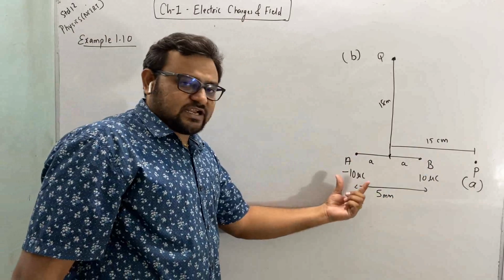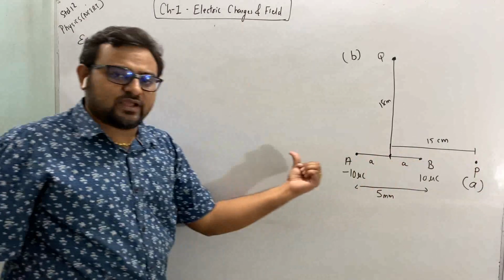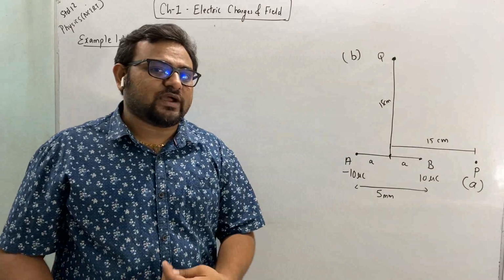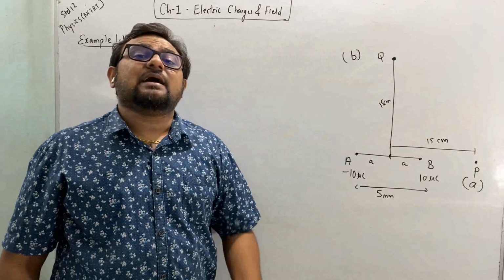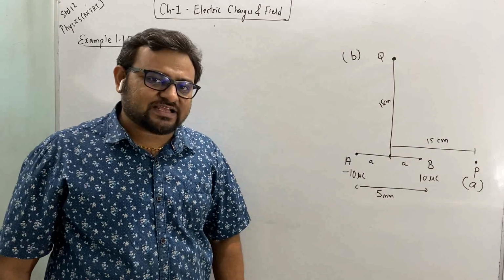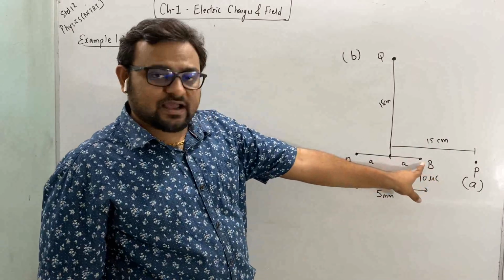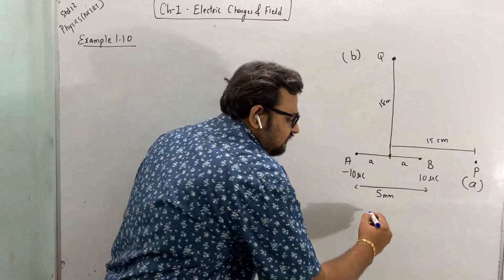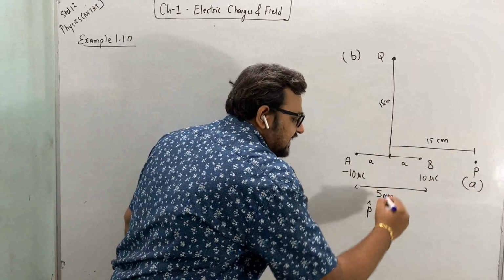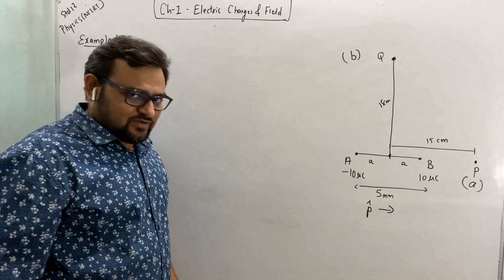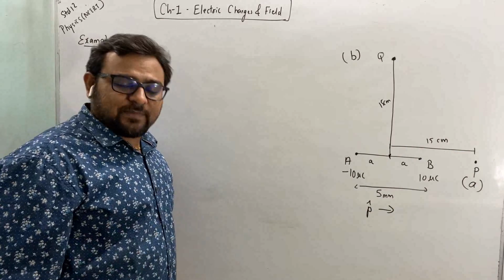But for the negative charge, the direction of electric field will be in this way, and for the positive charge, it will be this way. So according to vector sum, it will be E plus minus E minus. And the resultant direction, electric field due to this will be higher, so it will be in this way. Clear? The direction of dipole moment is from negative to positive. This is a lengthy way, but there is also one simple formula.